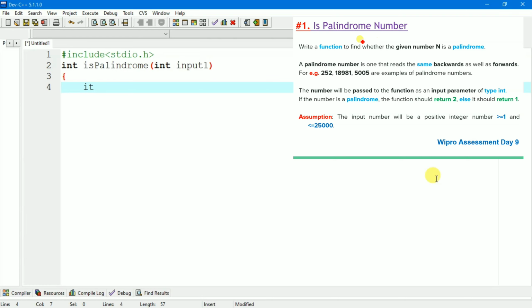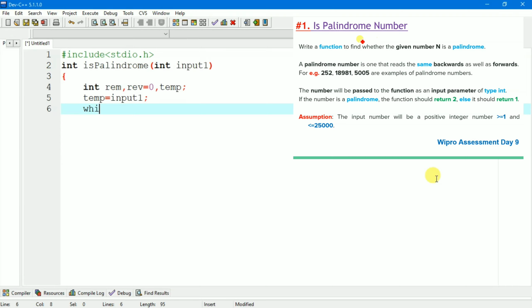After that, we will declare some variables: rem for remainder, rev for reverse which is equal to 0, and another is temp. After that, we will store input1 to temp, so temp equal to input1.